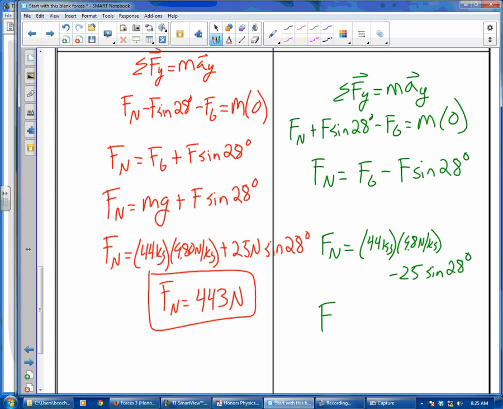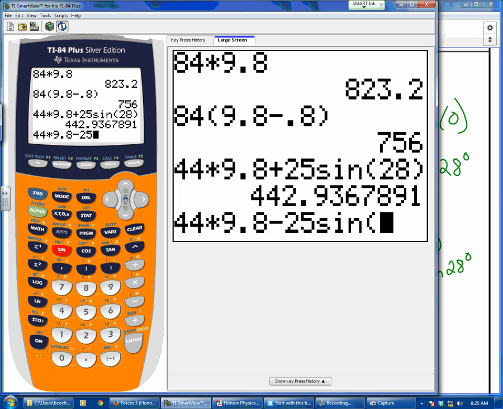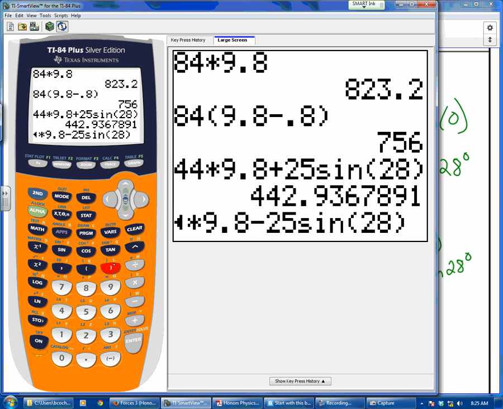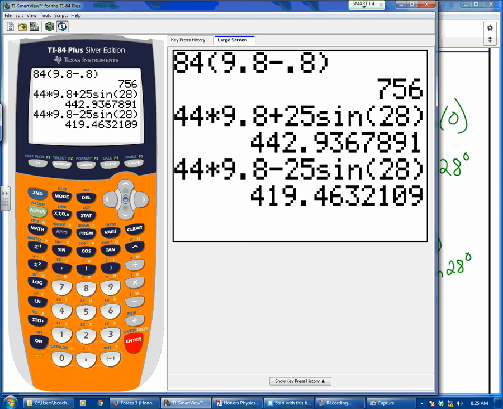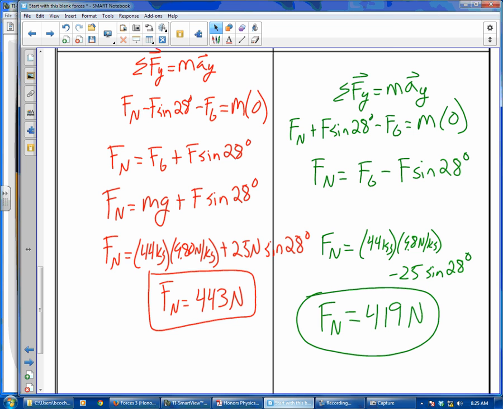And you should have, and we're going to come up, because of that change of sign, it was plus 25 before. Now it's minus 419. So, really what has swung the difference is that the component of the 25 newtons